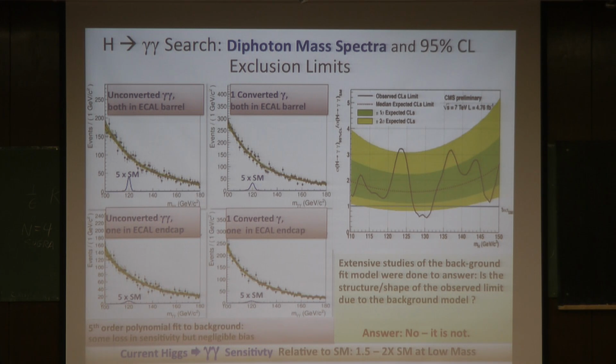When we say 5th order polynomial versus exponential? Yes. 5th order polynomial versus 5 parameters? Yes. Exponential 1 or 2? 3 with a normalization. The exponent in the exponential is what order? It's 1st order. Well, actually, 2 parameters, yes. We have done it with 3 parameters where there is a second order in the exponent.